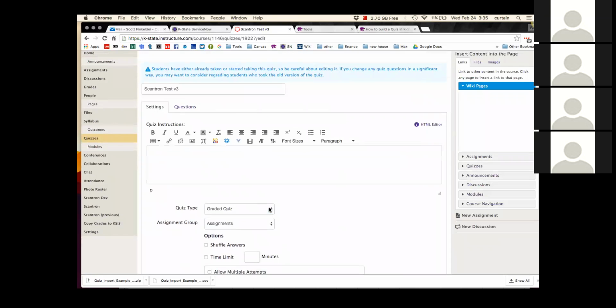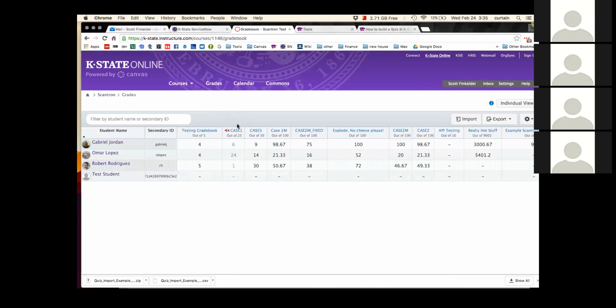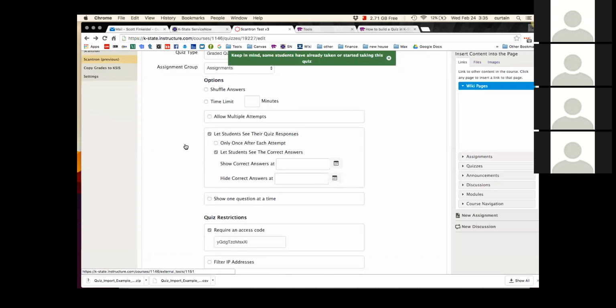And then finally, we mute this assignment in the gradebook. And for those of you that don't know what muting in Canvas means, this is a muted assignment, and a muted assignment means that you haven't released the grades yet. Students do not see the grades in a muted assignment. So once this quiz is processed, then your job is to unmute it to release those scores and the answer